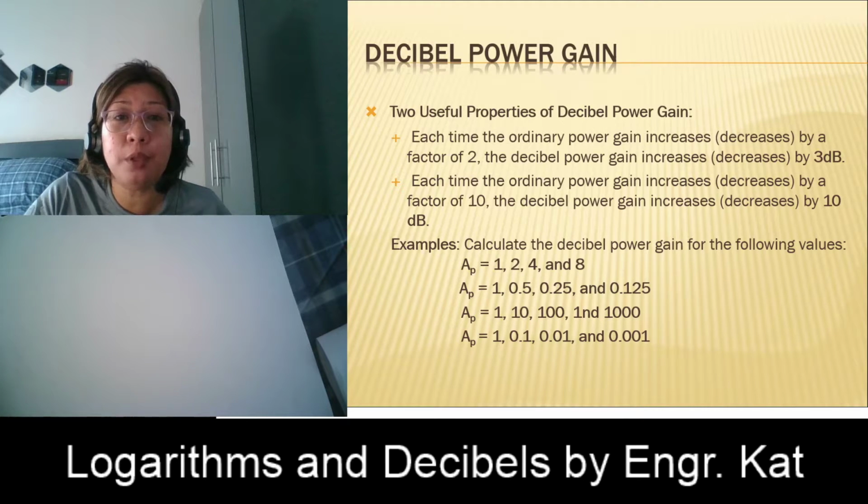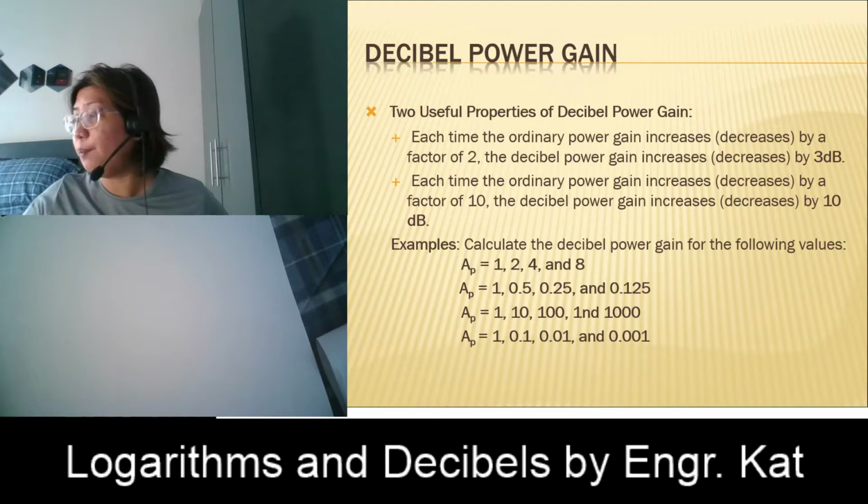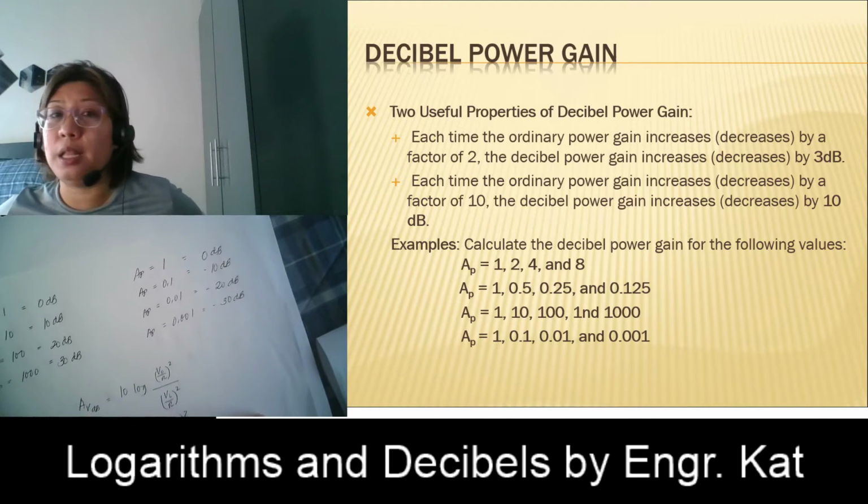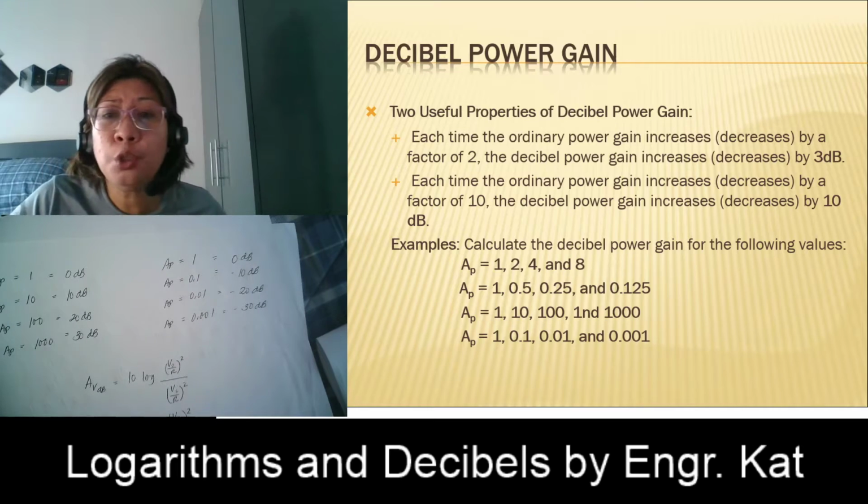So in this example, you have 1, 10, 100, and 1,000. So you are increasing by a factor of 10. You're multiplying this by 10, and then here you're dividing this by 10. Okay? So we can have this value. So as you can see,